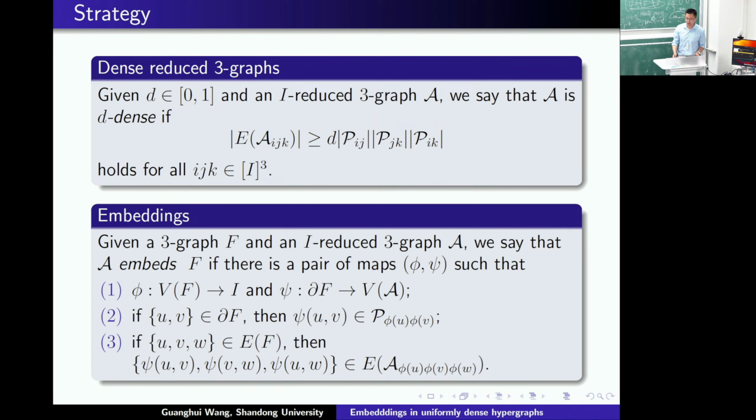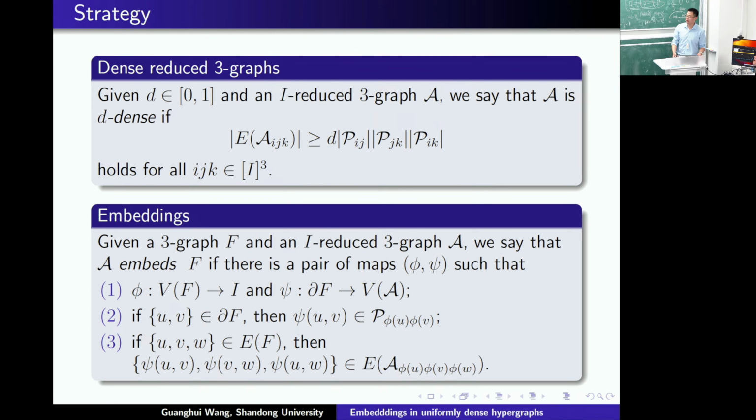Given a reduced 3-graph, we say the reduced 3-graph is d-dense if for any ijk, the three-partite 3-graph A_{ijk} has edge density at least d. Okay. So how do we embed a graph into the host hypergraph? We have the embedding method. Given a 3-graph F and a reduced 3-graph, we say that the reduced 3-graph embeds F if